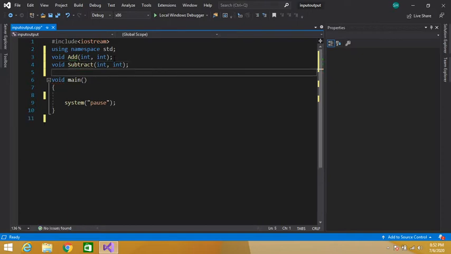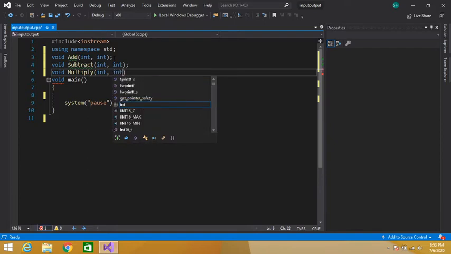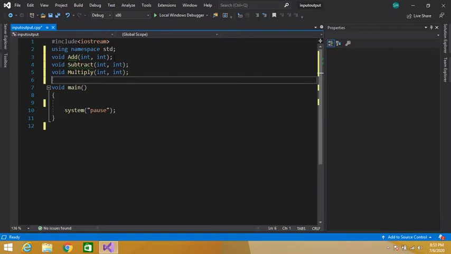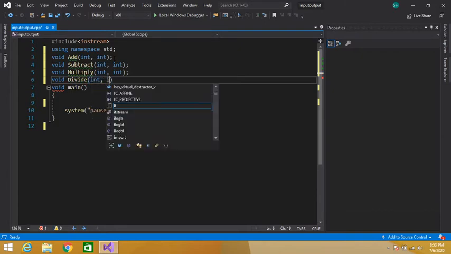Add, subtract, then multiply. And finally divide. Integer types.